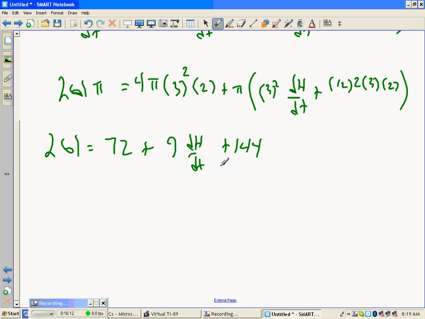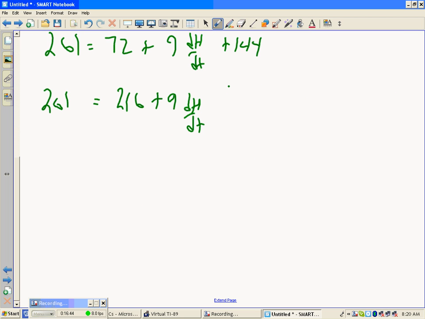Let's combine stuff. 72 and 144 is how much? 216? 216 plus 9 dh dt is 261. Is that right? Yeah. Right. That is right. Okay. And if you subtract 216 from 261, you get